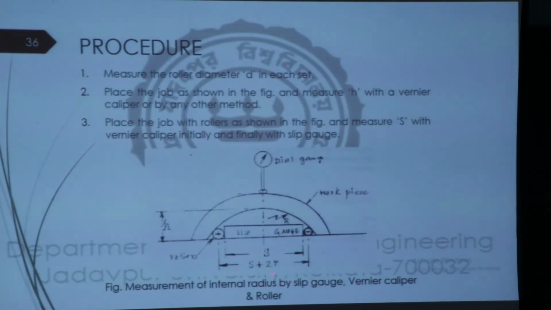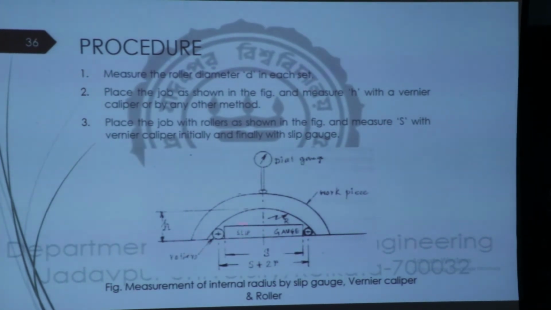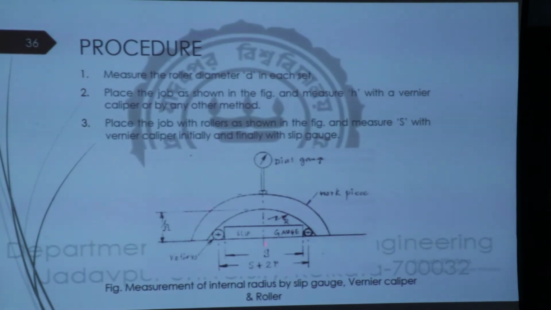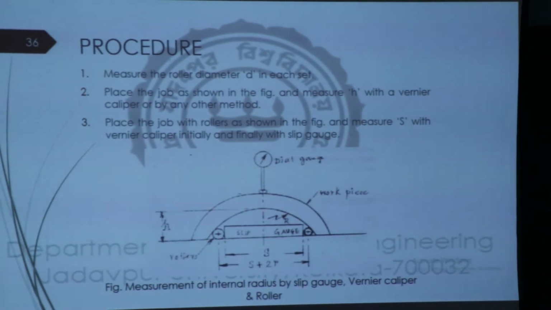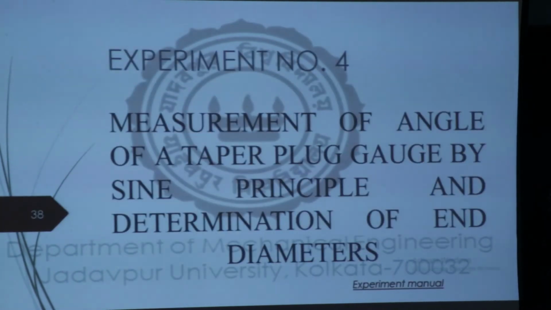This is the thing that you are actually trying to carry out in the laboratory. This is the job, put the slip gauge. These 2 rollers must be of the same size. 2 sets of rollers have to be used, one larger, one smaller, but the ultimate dimension will be the same. Now if you see this, take a line over here, draw a line. This hypotenuse equals the root of this dimension square plus this dimension square. That is given in the very first page, how you can apply the Pythagoras. This is the standard table.